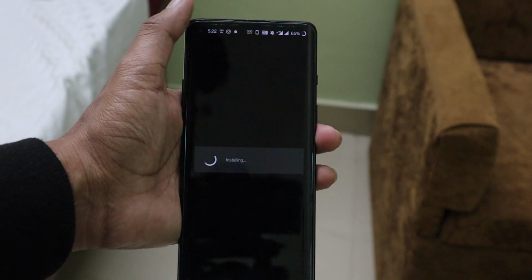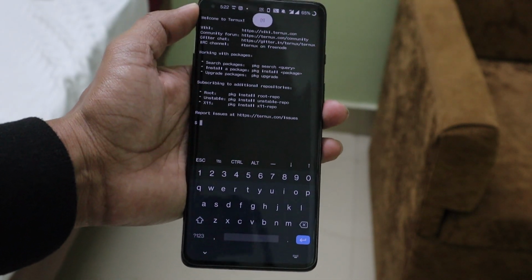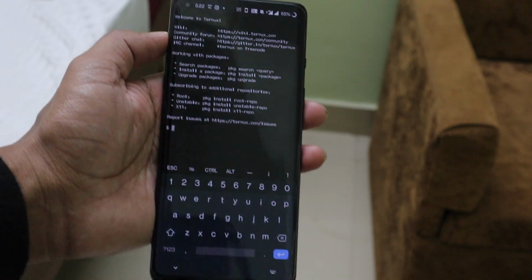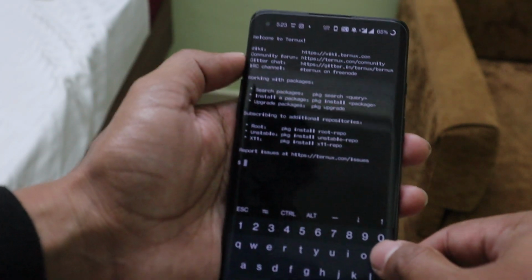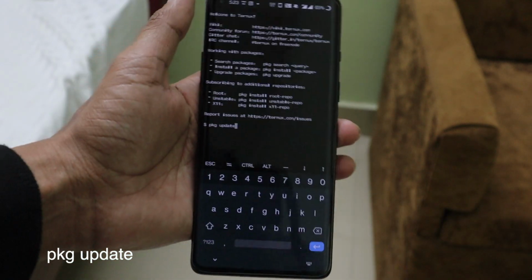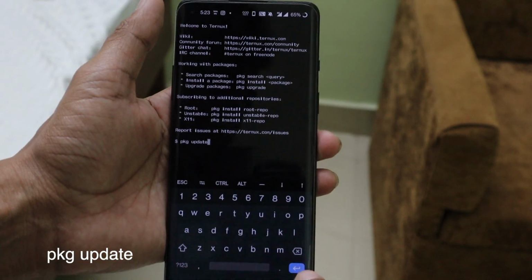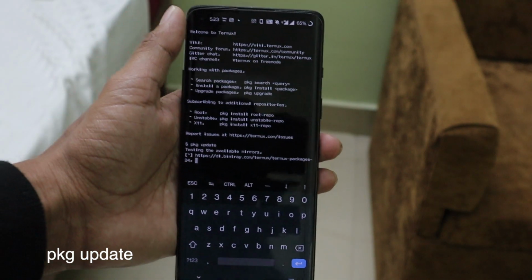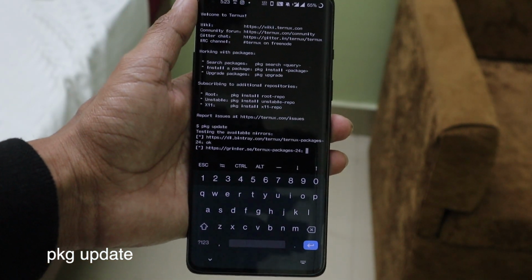Now click on open, and it will show something like this, and here you have to type the command pkg update. Just type pkg update like this and hit enter. Here you can see it started the updating process.